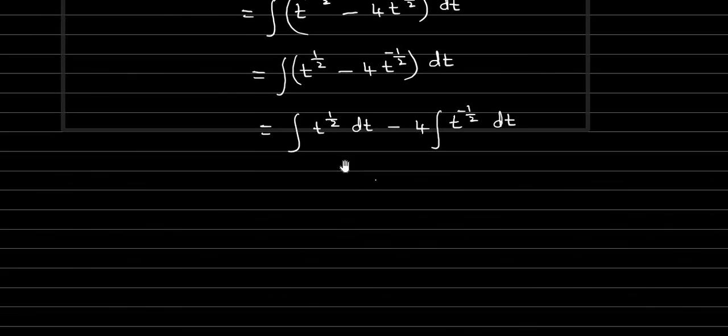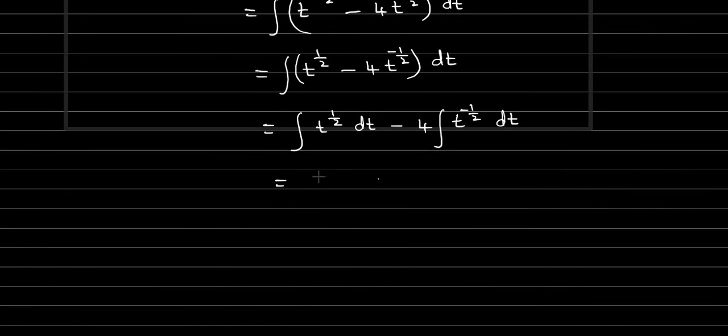Now using the x power n formula I am going to integrate this. X power n formula is what? X power n plus 1 by n plus 1. Right? So to the power we need to add plus 1, and the same power we have to repeat in the denominator. First part integration is done. Now minus 4 t power minus 1 by 2 is the given power. With that we need to add plus 1, and then minus 1 by 2 plus 1. So throughout the step we completed the integration. So put finally plus c.